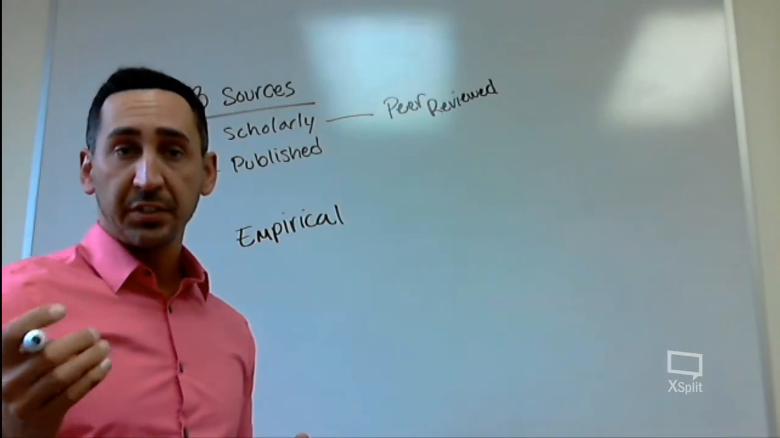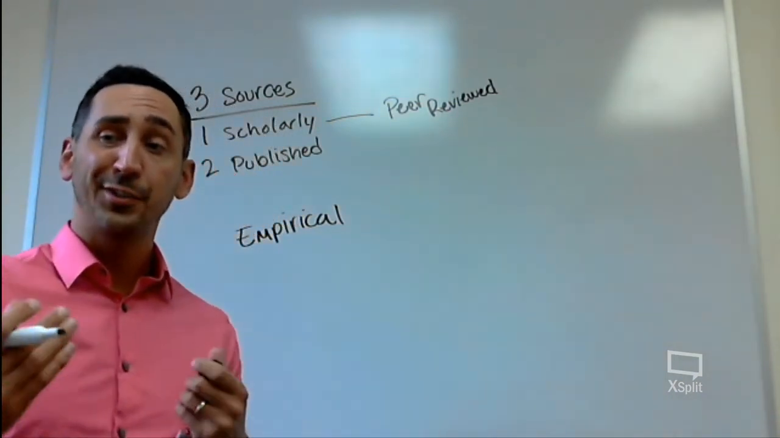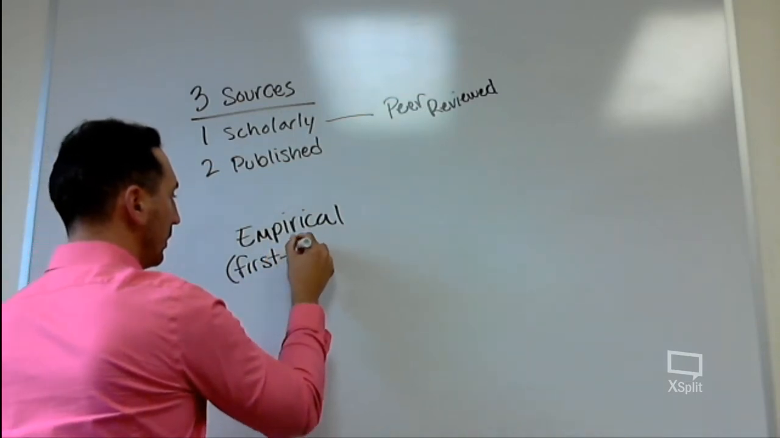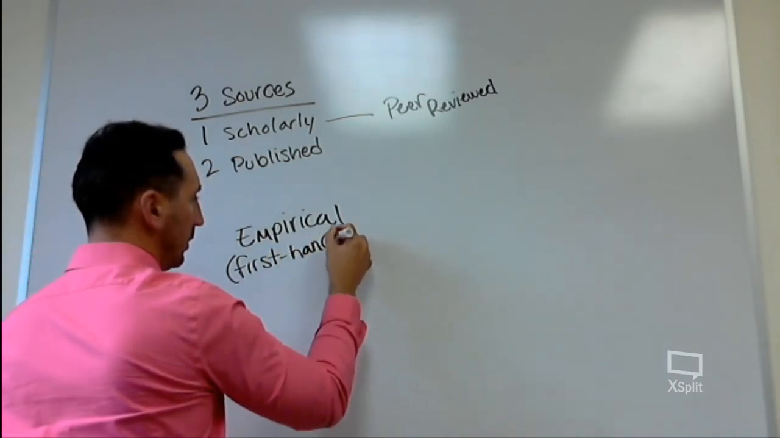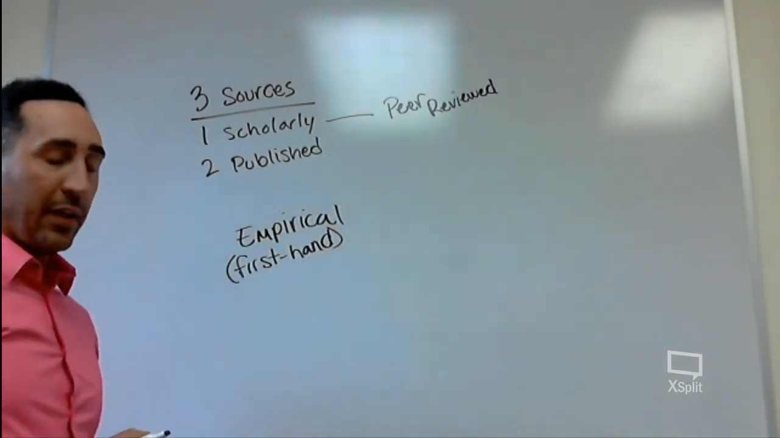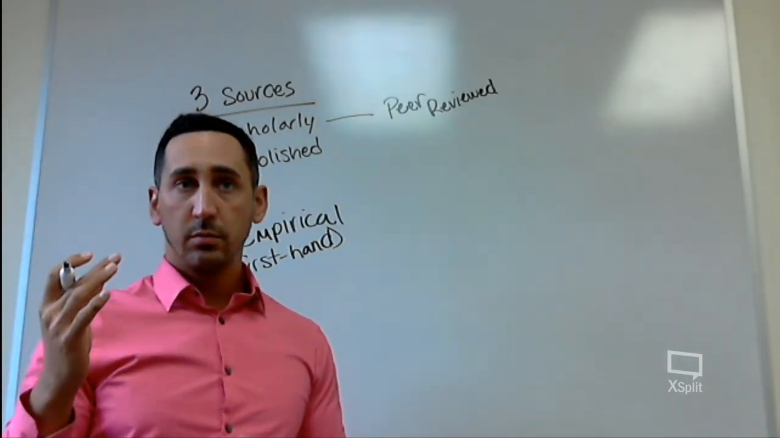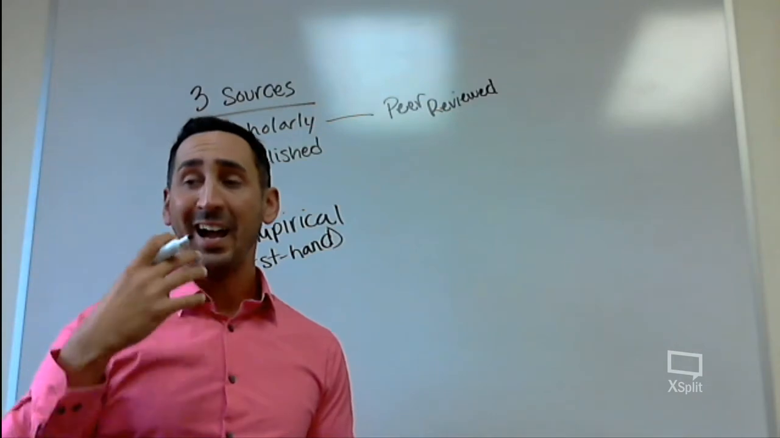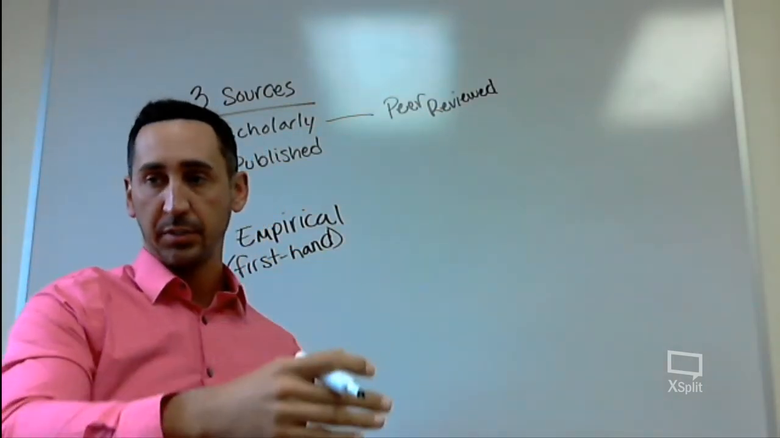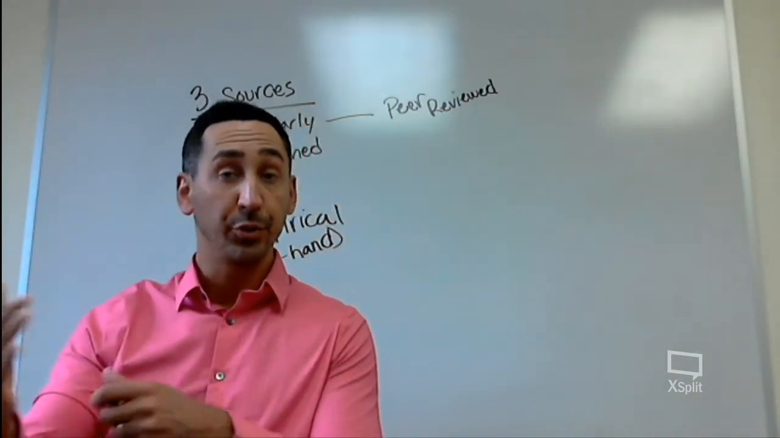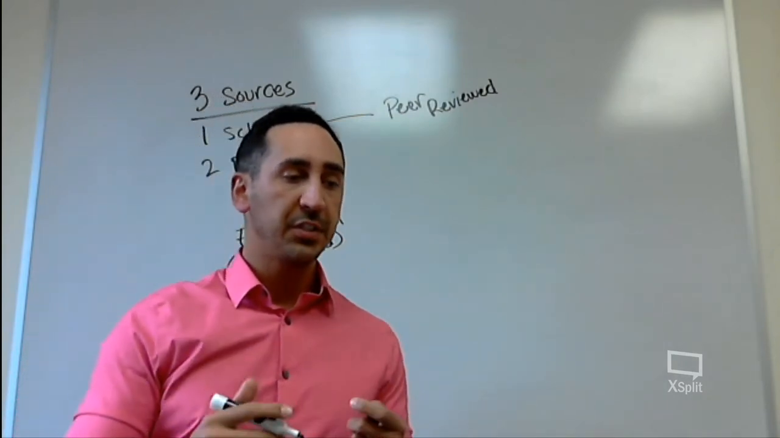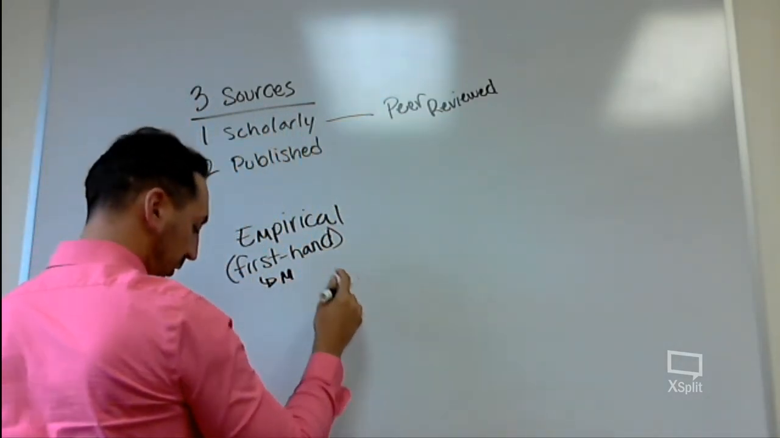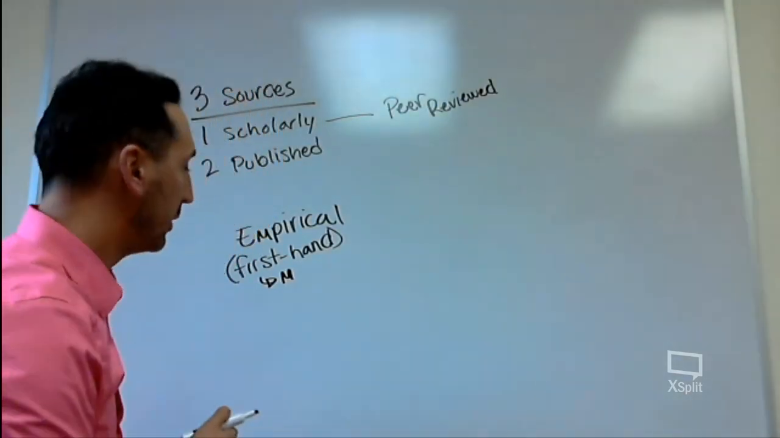That type of research is called empirical because it's done firsthand. What I mean by firsthand is that the article is written in such a way that the author is saying, I did this. I did the research, and I'm reporting my results to you, the reader. You'll notice that if it's firsthand, it's going to have a methods section too, but